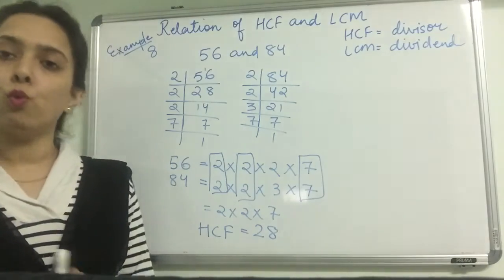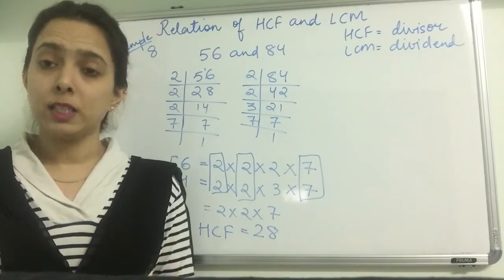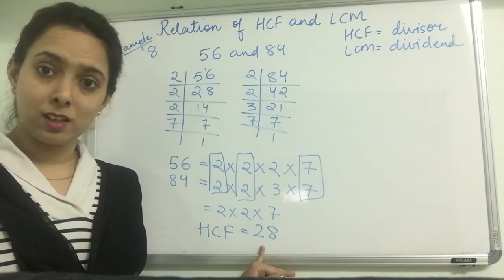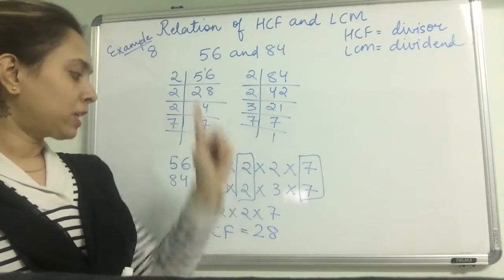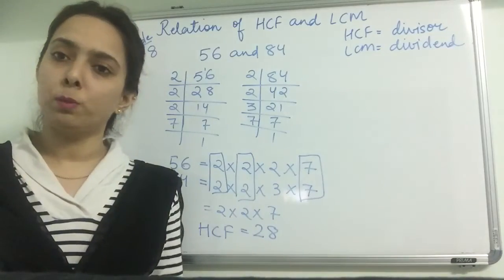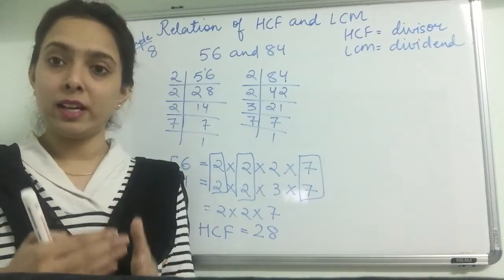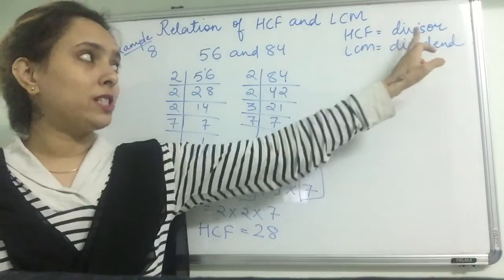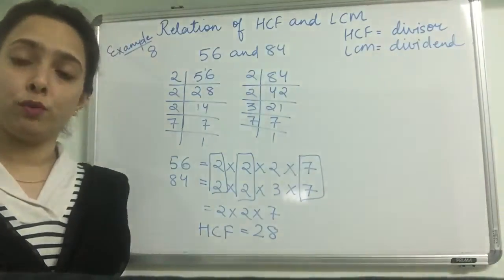I'm explaining to you why we find out the HCF, because HCF is always the divisor, and now this 28 is the divisor, and these two numbers will act as dividend for it. So if we divide 56 by 28, remainder 0 will come. If we divide 84 by 28, remainder will come out to be 0. So the question says find out the number which divides, meaning divisor divides. So it is automatically asking for HCF, because HCF is always the divisor. I hope this question is clear to all of you.